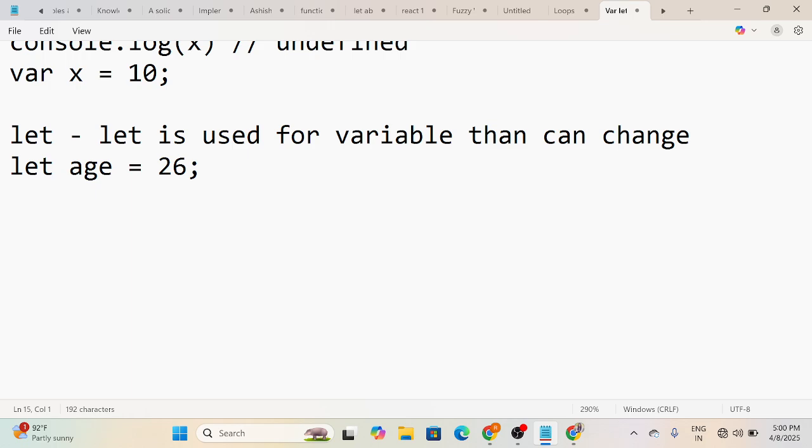And why we use let variable? It is safer than var for most use cases, and it helps avoid bugs by limiting variable scope. I'm giving one example, like an if else condition: if true, let city, let's say city equal to Bangalore,